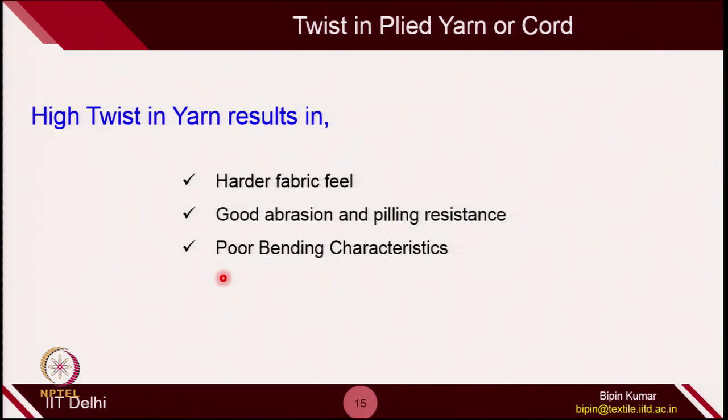You will realize this when you are dealing with very high twisted yarn in knitting, and in knitting bending of the yarn is the first criterion, because if you see the needle movement, it is actually catching the yarn and bending it. So, bending by default is one of the key requirements which should be smooth in the yarn. If the yarn is extremely stiff, it will not bend properly. So, there may be chances of needle breakages, or there may be problems in loop formation. That is why poor bending is not recommended. Yarn having poor bending characteristics is not used in knitting. Yarn should be good enough to bend properly.